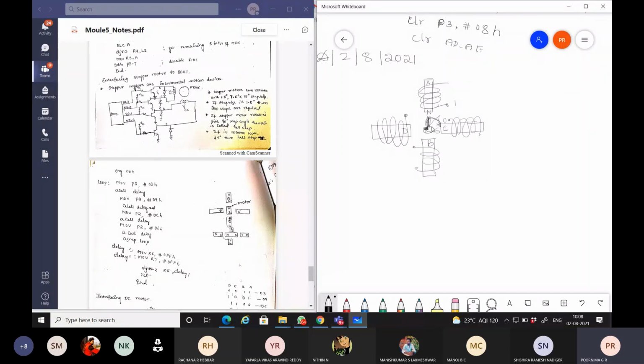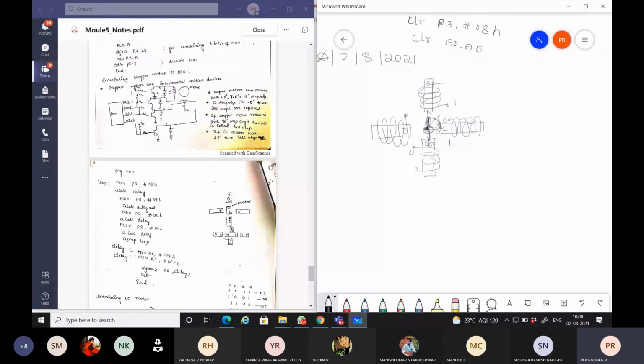Similarly, if the needle is at coil C and it has to be taken to B, then what has to be done? Coil C should be applied with 1, B should be made 0. In that case, the needle will move from C to B, so that the needle gets deflected to the B coil.